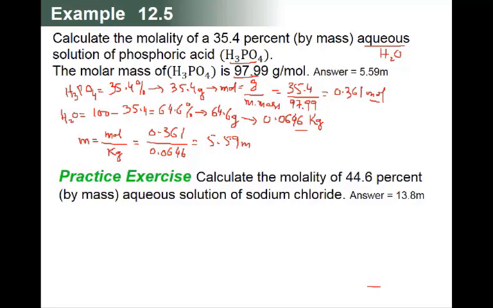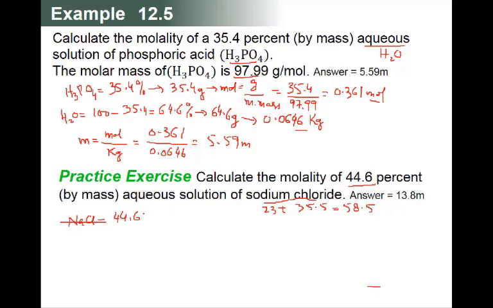So next problem is also same, the percentage we change to molality. So here in this case we have 44.6% of sodium chloride. This is NaCl. Sodium is 23 and chloride is 35.5 from the periodic table, and this will become 58.5. This is the molar mass. You have to calculate here because in the exam it was given, but here it is not given. So now we say sodium chloride NaCl is how much percentage? 44.6.